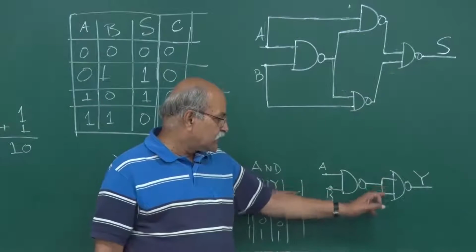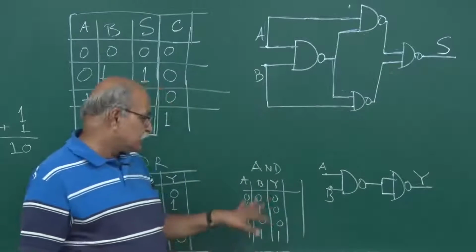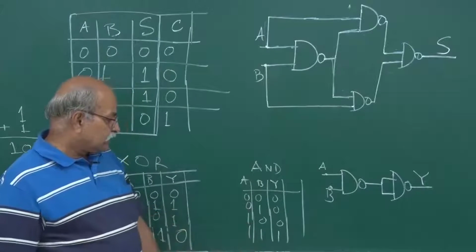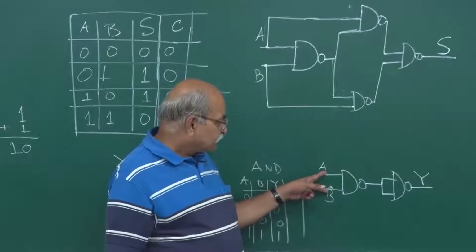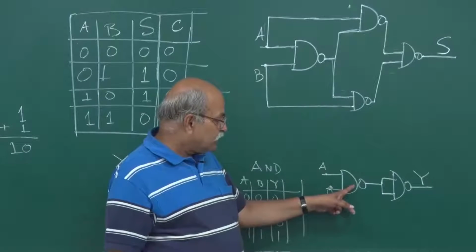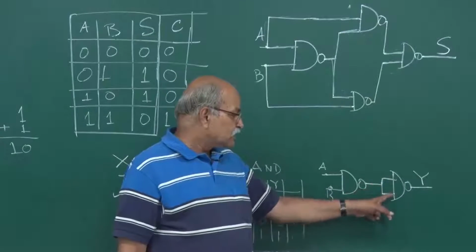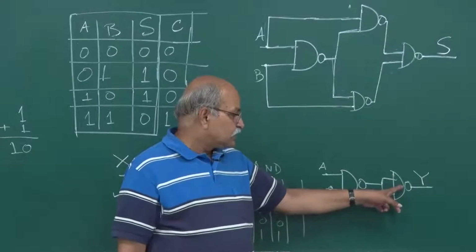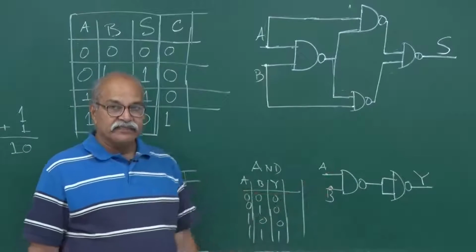So, 1 and 1 is 1 and the not of that will be 0. So, it is 0, and similarly you can check all others. 1, 1 should be 1. So, if these both are 1, then 1 and 1 will be 1 here, not of that will be 0 here. So, 0 goes here, 0 goes here, 0 and 0 will be 0 and not of that will be 1. So, that is 1. So, you can check that this is it.